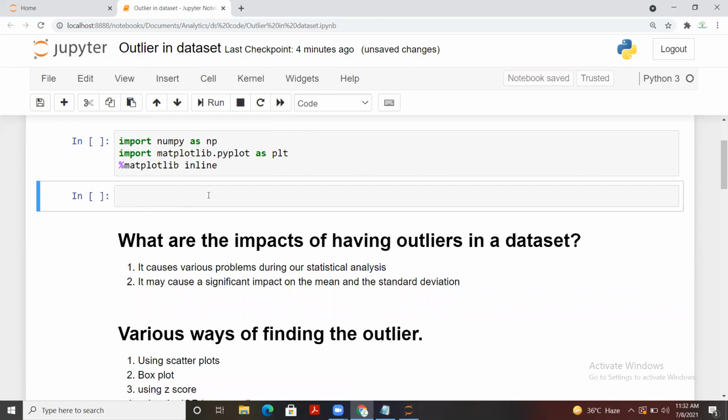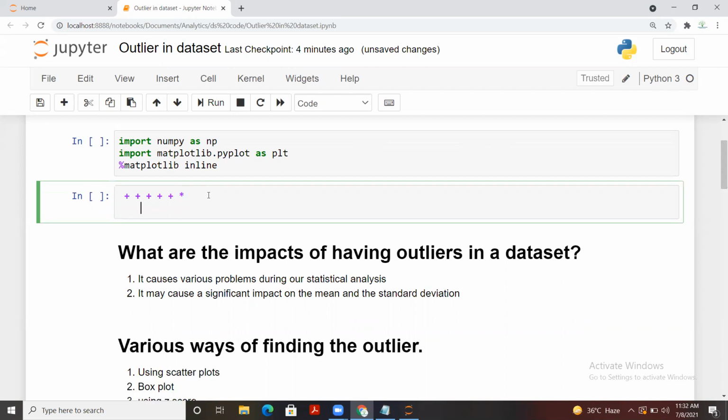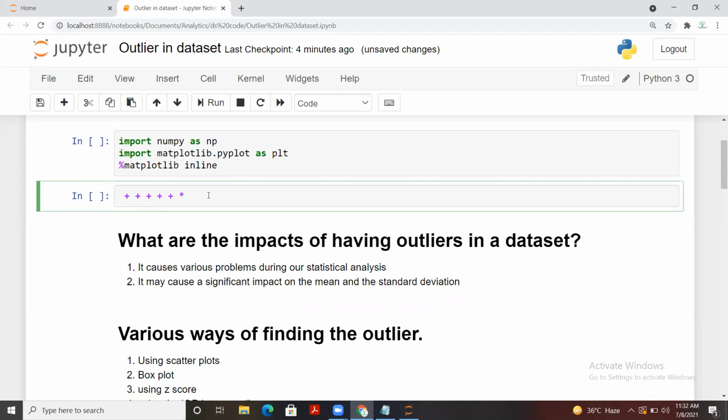In our daily life, if we see some picture or some specific symbols, like a combination of plus plus symbols, and we find something different from this collection, here that star is the outlier.